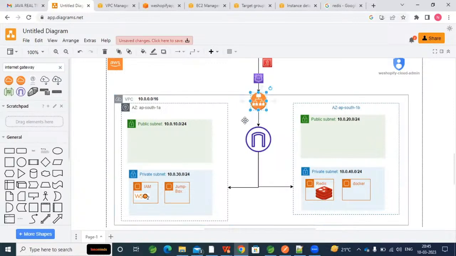But the application here, this is the application we are trying to access. In order to access that application from the external network, we require the internet gateway to allow the calls, to allow the external calls into our network, this VPC, private subnets and all. So that is the reason we have taken this NAT